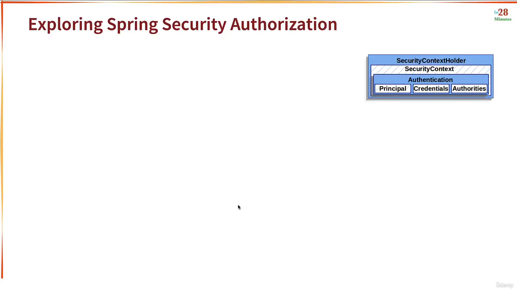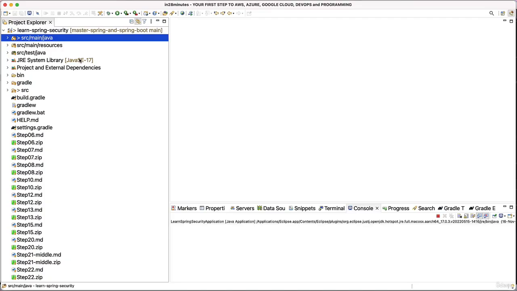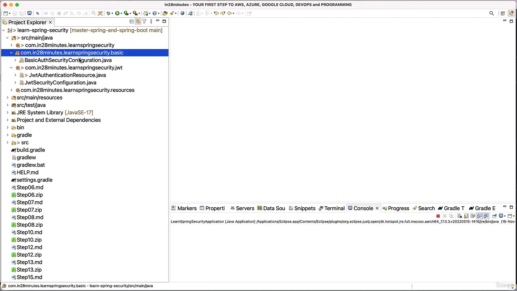In this step, let's focus on Spring Security Authorization. There are two approaches to Spring Security Authorization. One is to use global security and the other one is to go for method security. Now, one of the things I would do is to disable JWT authentication and enable the configuration that we had